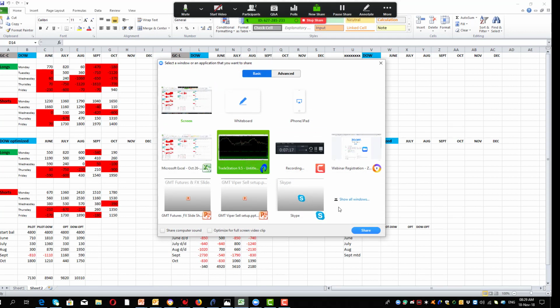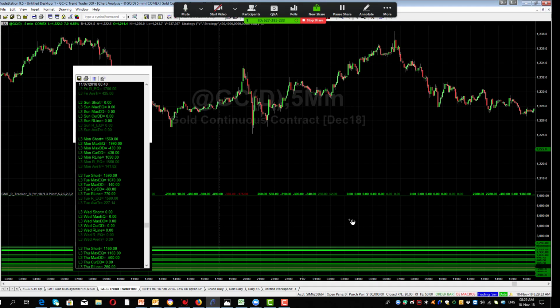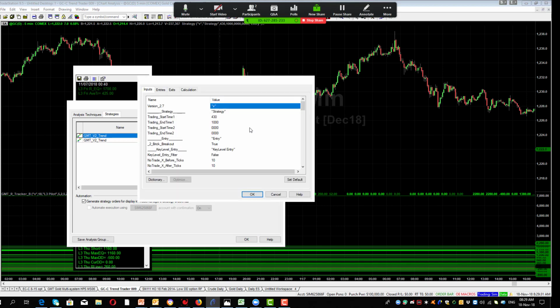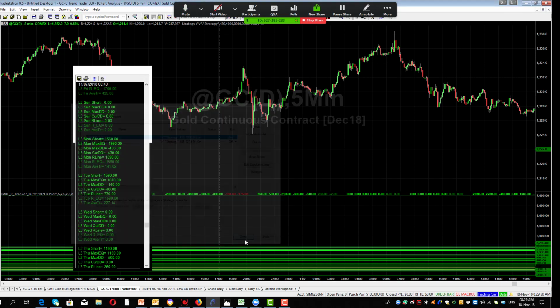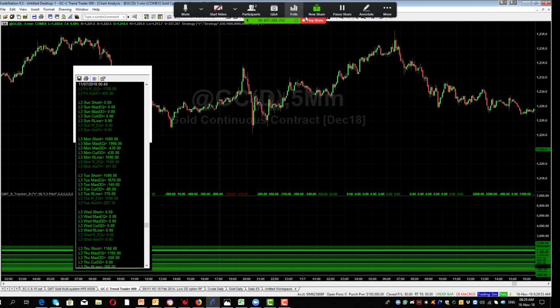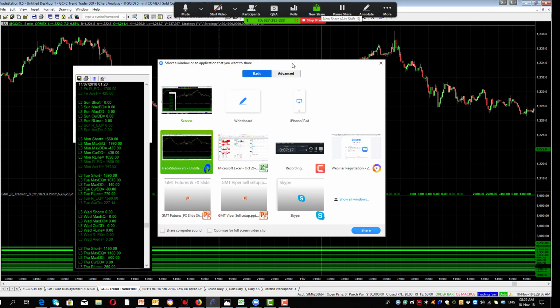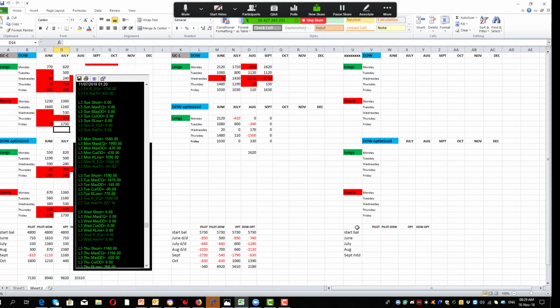So if we go back to our chart here, I'm just going to share the screen with you now. If we optimize a strategy based on those basic settings of time of the day, days of the week, the stop, the trailing stop, and our target, there's really only 4 parameters that we're optimizing. You can see there's a lot more in this strategy, but we're only looking at 4 of them. If we keep that consistent over the 5 or 6 months that we're testing, how would we have performed? So let's have a look. Let's go back to our spreadsheet. We'll do a new share on the spreadsheet.